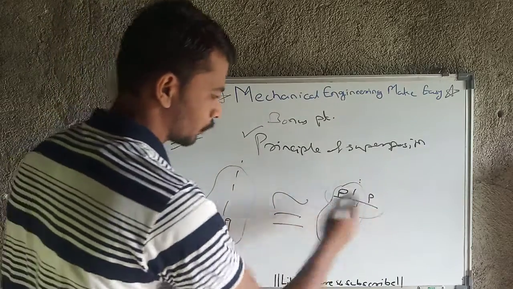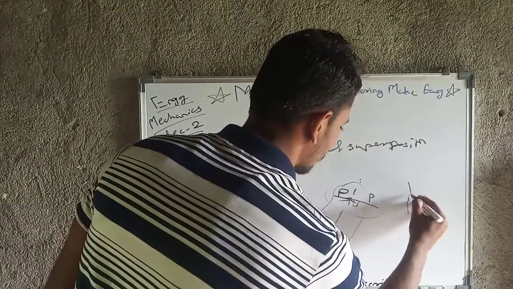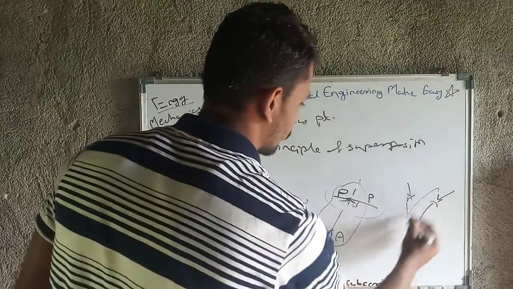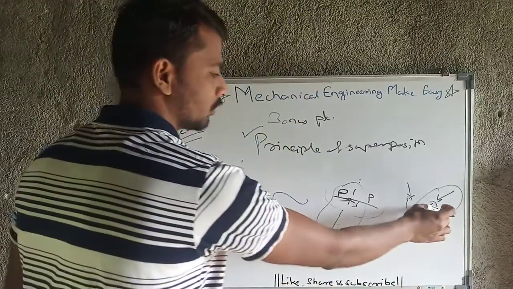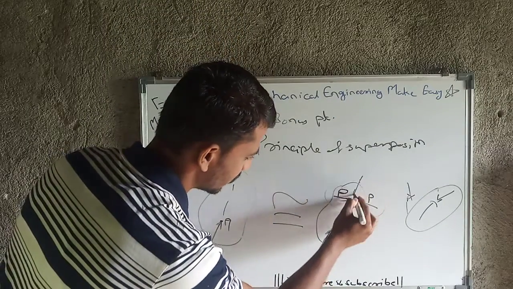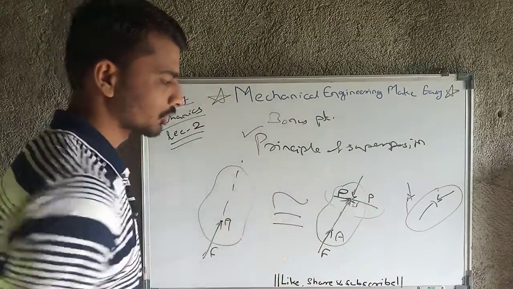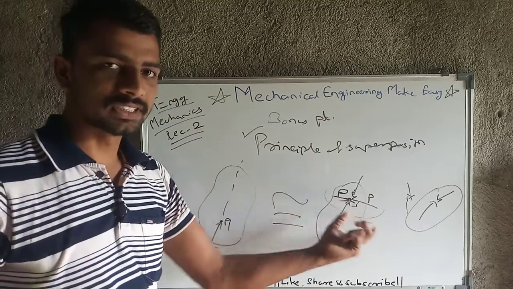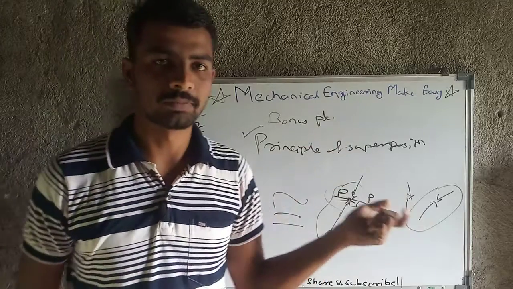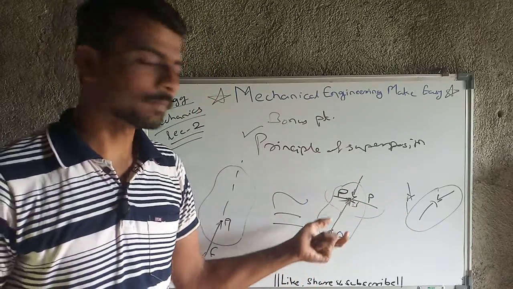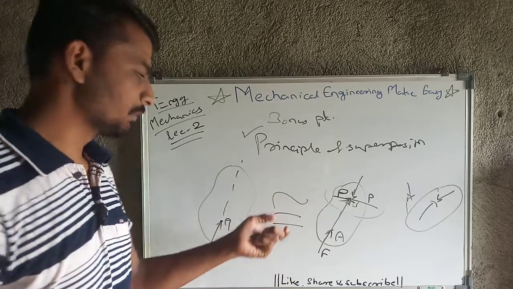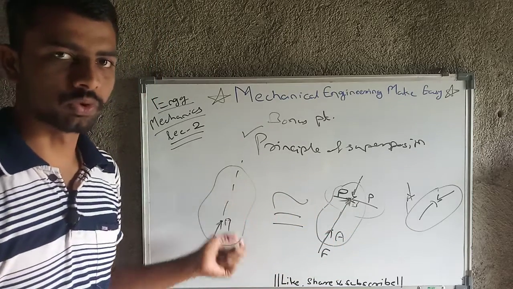I have shown the forces horizontally here, but the forces may be vertical, or along the line of action also, and in most cases we will use the equilibrium condition along the line of action, meaning from this direction and this direction. That gives some simplicity to the problem, so that's why we use the principle of superposition. It means if we add any body which is in equilibrium, it will not have any effect on our previous force system.